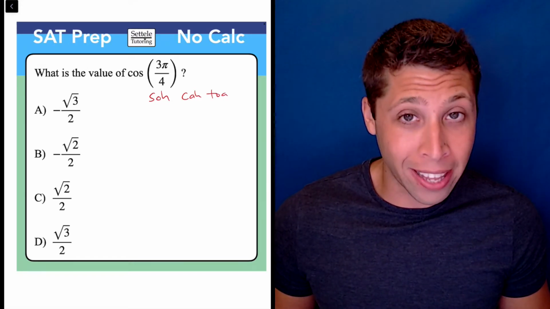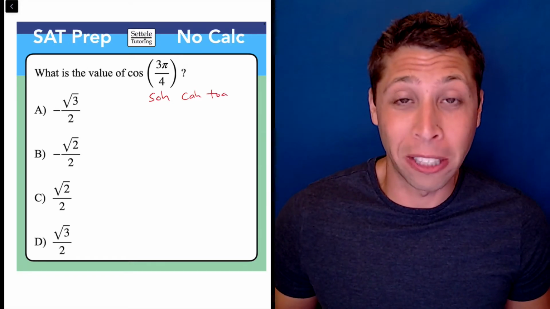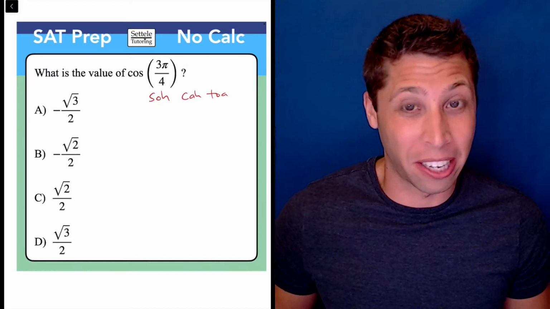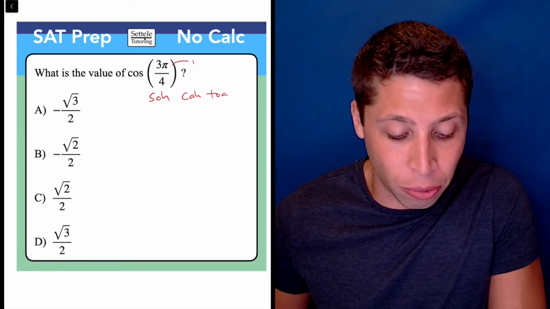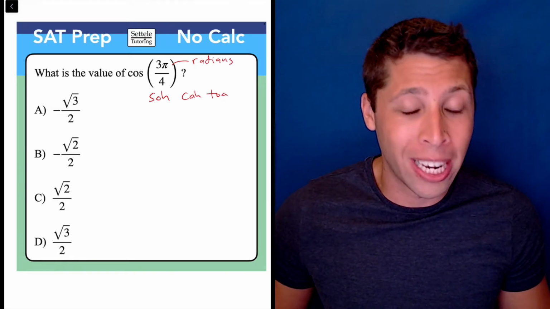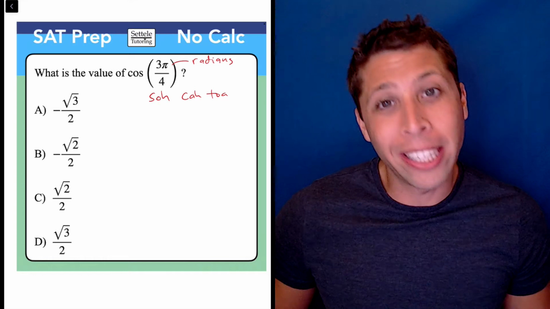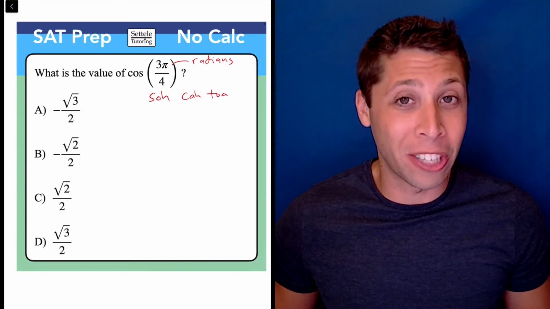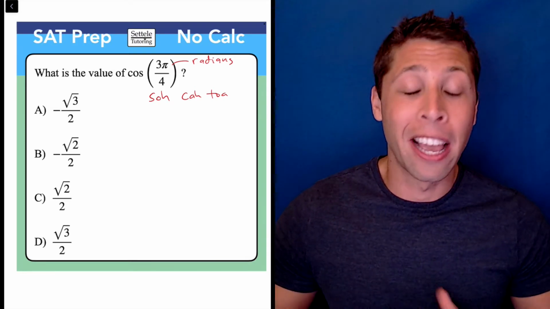A couple of clues about that: for one, the answer choices look really, really messy, so we should be like, this seems kind of scary. Plus, we're not dealing with degrees, we're dealing with radians, and that usually means kind of danger with trigonometry. And specifically here, they're really asking about the unit circle, which is a very complicated thing that has lots of